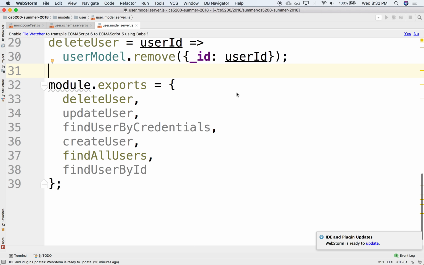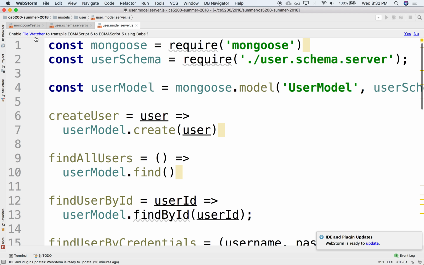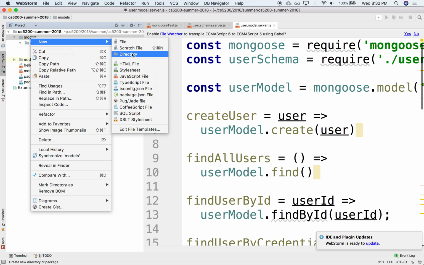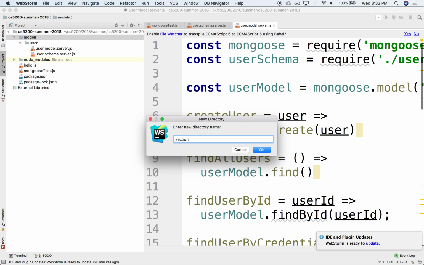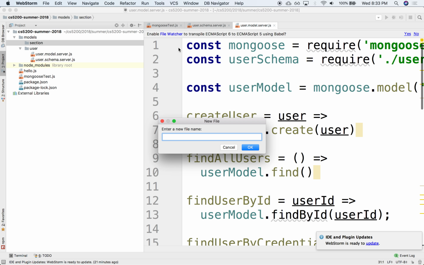relate a user with other things, right? Maybe a section. Let's enroll a user in a section. So let's create now a different data model. Right? So in a different model, we can say maybe create another directory for sections. And in here again, let's start off with creating a